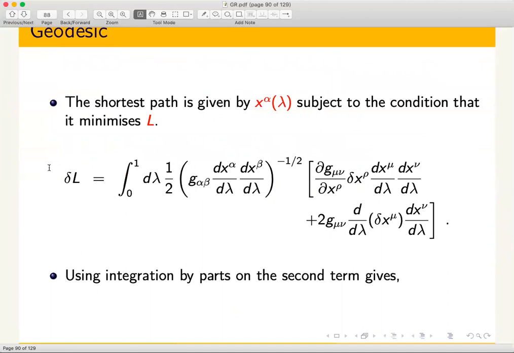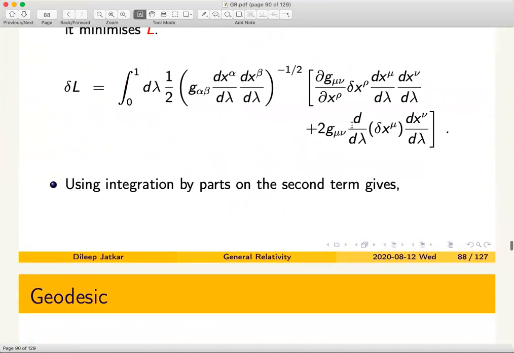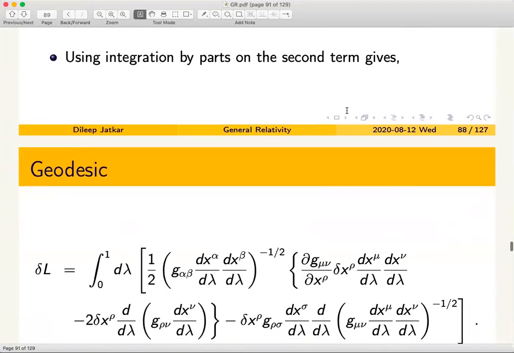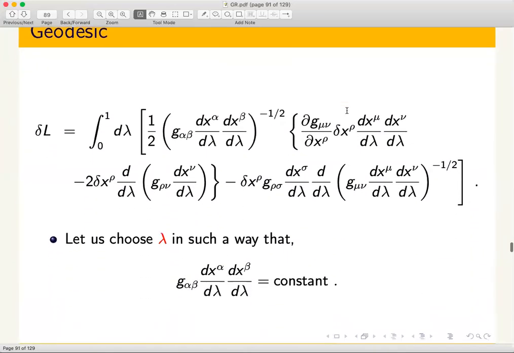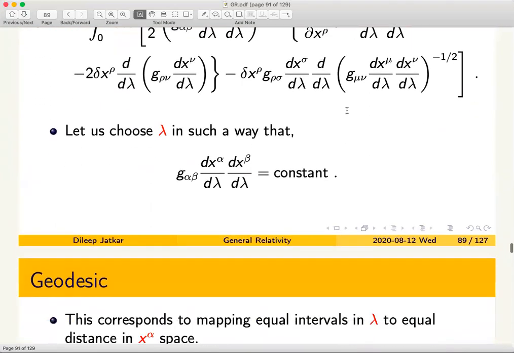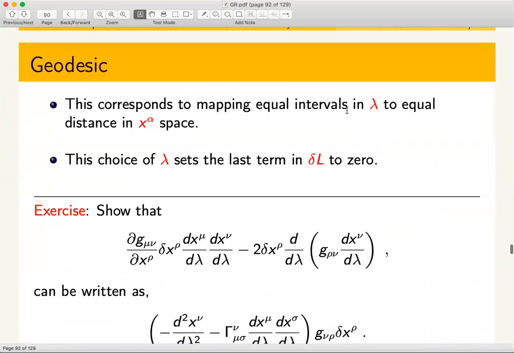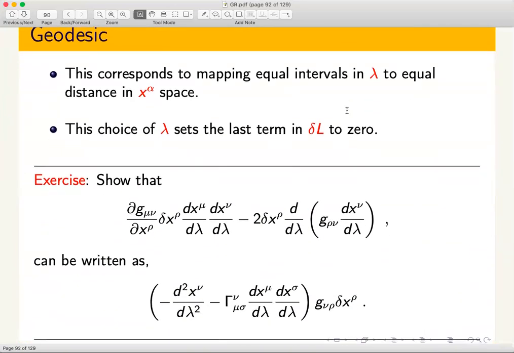Okay, so to put it a little differently, after doing the variation of the length functional, we are going to set this to 0. That is the way of extremizing the path. And when you do that, you get a differential equation, right? And we said that that differential equation, which basically sets this quantity in the square bracket to 0 for arbitrary infinitesimal variations, so we essentially land up with the equation, these are the manipulations that we did last time, which is the geodesic equation.